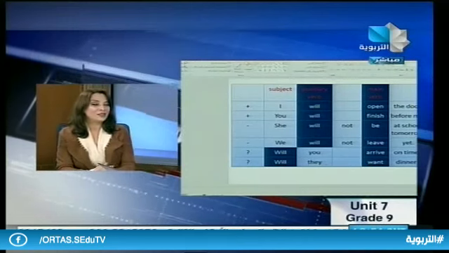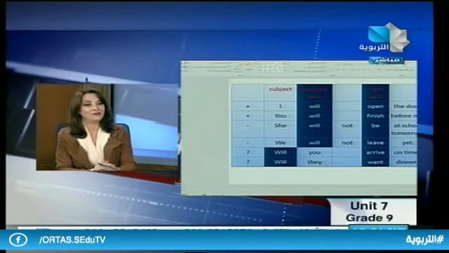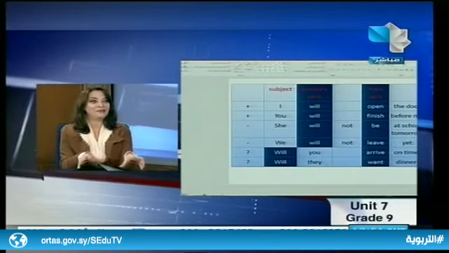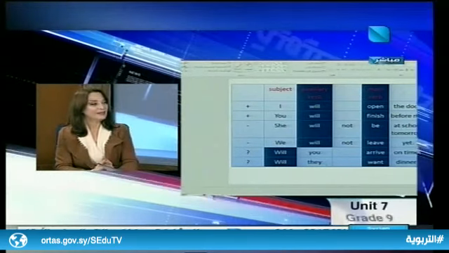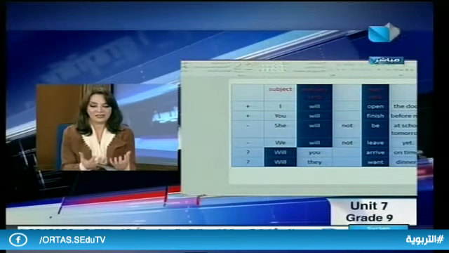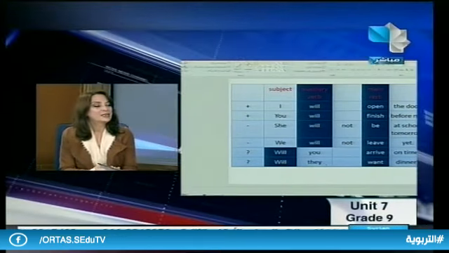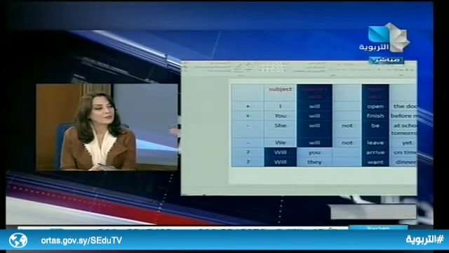It is used for prediction, but actually it is used for a very sure prediction when we have evidence. This prediction is based on something that is very clear, something that precedes another action. Now, as you mentioned previously,